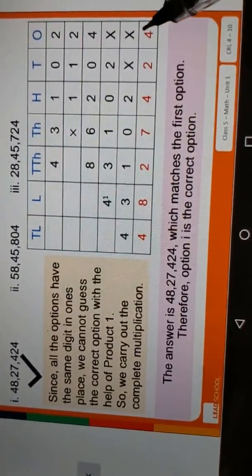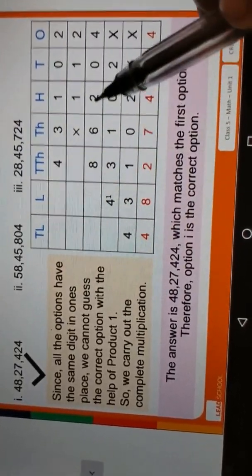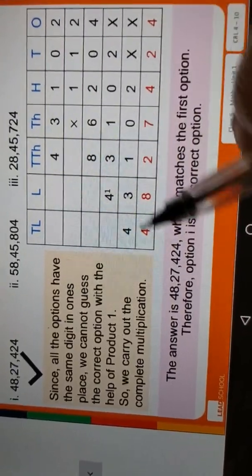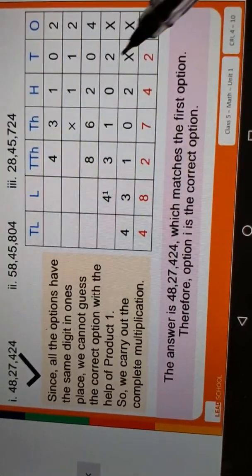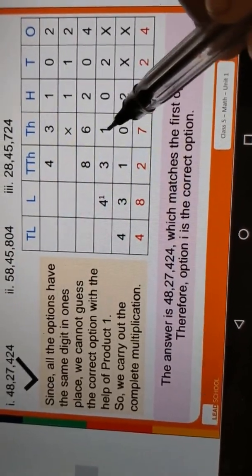Again we have to cross it out here. 1 2s are 2, 1 0s are 0, 1 1s are 1, 1 3s are 3, 1 4s are 4 is there. 4 as it is, 2 as it is, 2 plus 2 is 4 is there, 6 plus 1 is 7 is there,